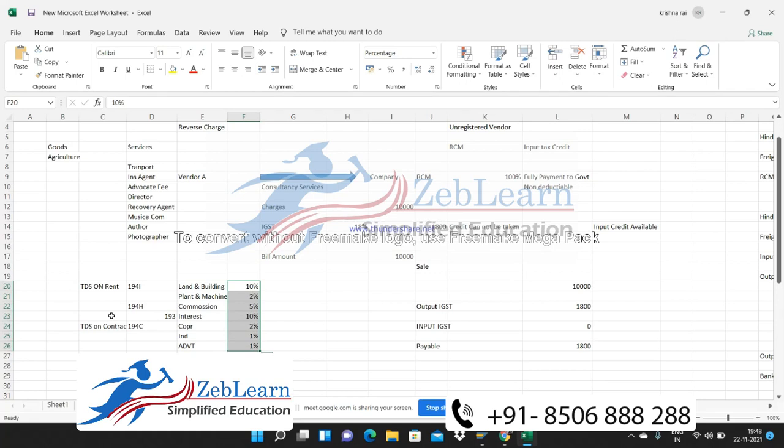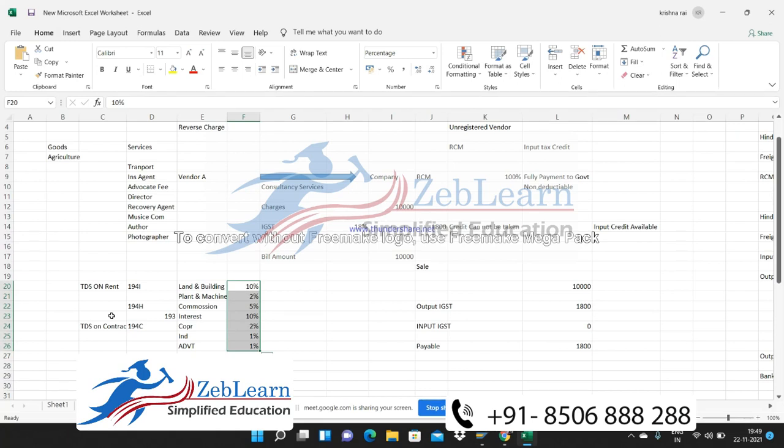Ashita, why are we deducting TDS? Don't know. Vishesh? According to government notification, whenever you take any services, you first deduct TDS on their income. Actually, it is our responsibility.